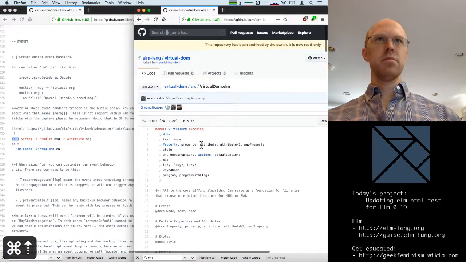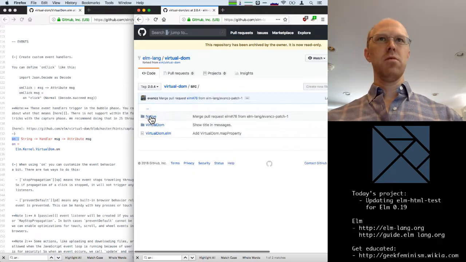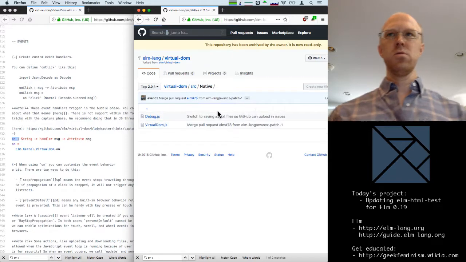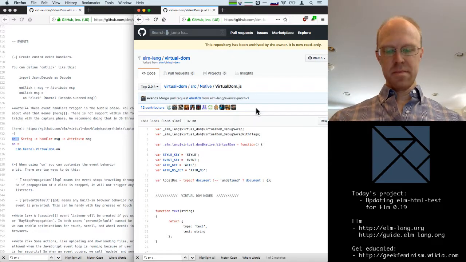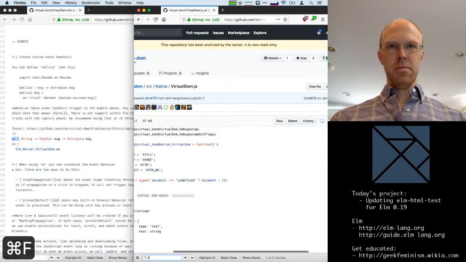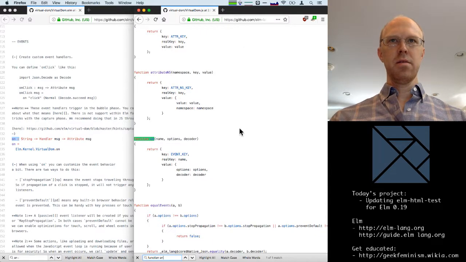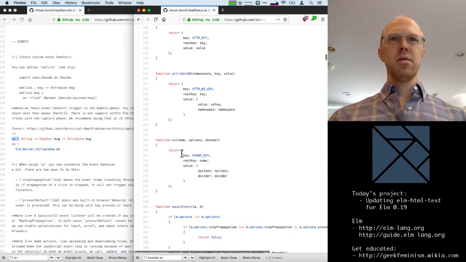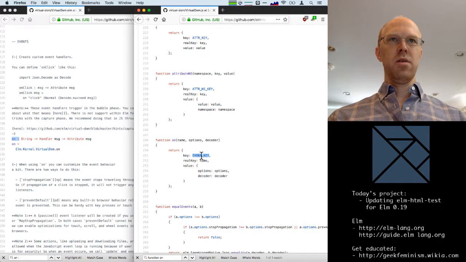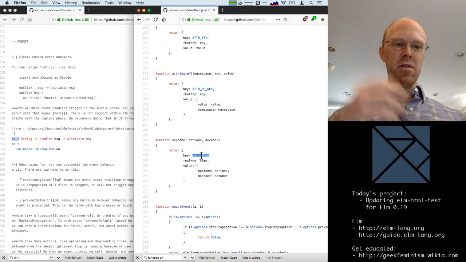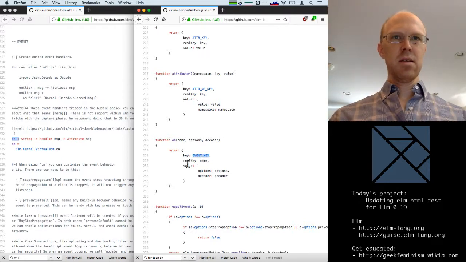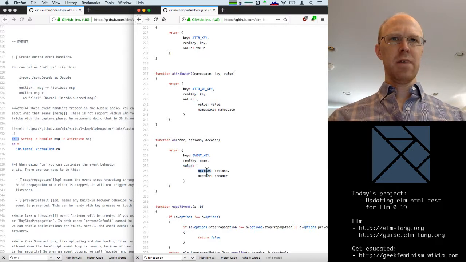All right, so native code, virtual DOM, function on, here we go. And in elm-18, this is just returning an object with event key, which we've already been seeing, and then value.